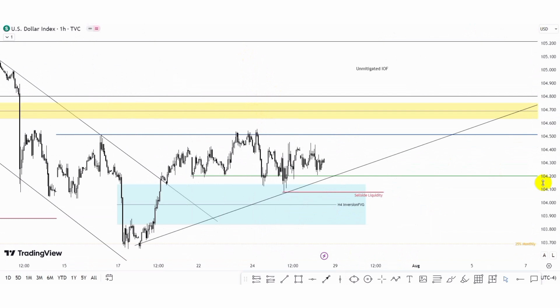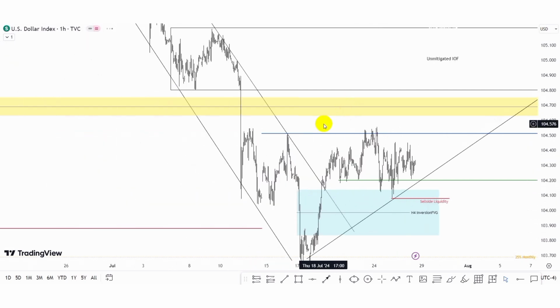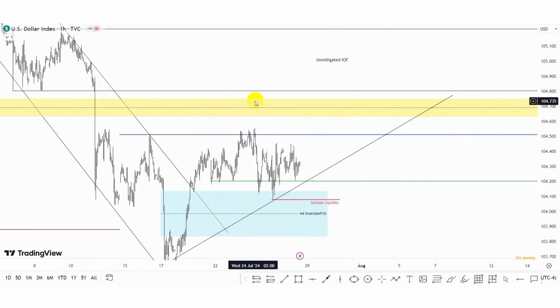What we can see in the 1 hour time frame is also that it is trending to the upside. Price took out these relatively equal lows to take this liquidity. So price may just react at this price level, take out Friday low point, and then we have the push to the upside. So for the dollar index, we are still expecting the push of price to the upside into the weekly fair value gap for price to mitigate the unmitigated IOF,